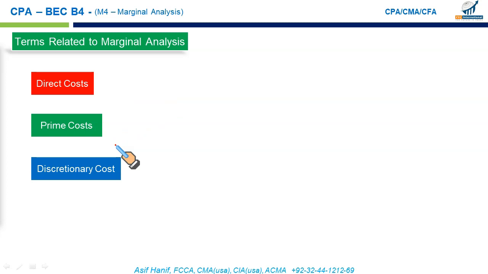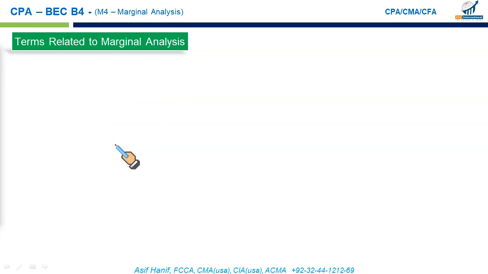Okay, how do we decide which cost is relevant, which revenue is relevant, which cost is irrelevant, which revenue is irrelevant? You can memorize this mnemonic FDA. This is what we use in our CMA. CMA, cost management accounting, is way more difficult than what you're doing in CPA. There are very difficult questions in CMA that you in CPA cannot even dream of solving. So keep that in mind.